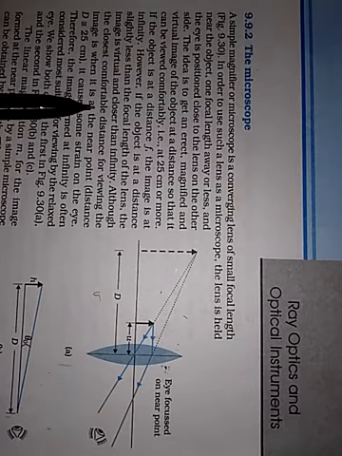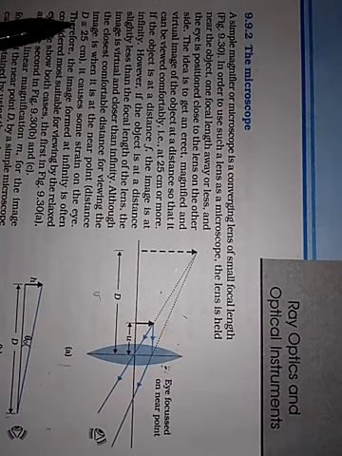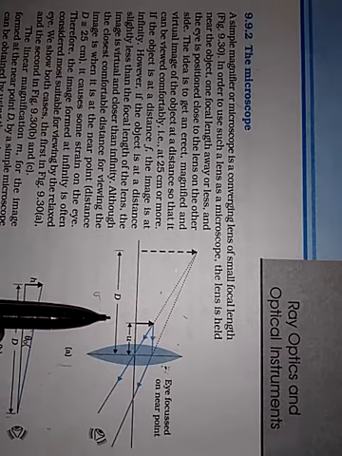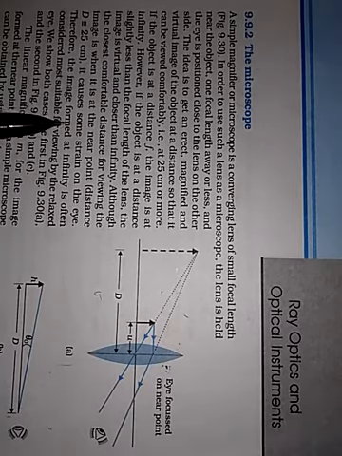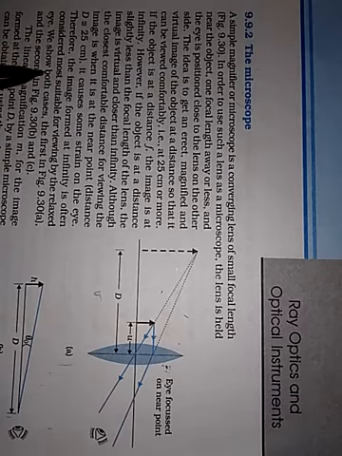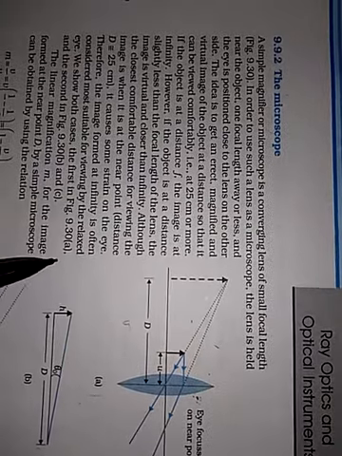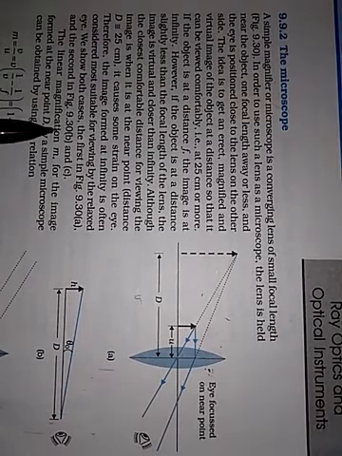Although the closest comfortable distance for viewing the image is when it is at the near point, that is distance D, which is 25 centimeters approximately, the viewing will be very comfortable to the human eye. It causes some strain on the eye. Therefore, the image formed at infinity is often considered most suitable for viewing by the relaxed eye. We show both cases: the first in figure 930A and the second in figure 930B and C.